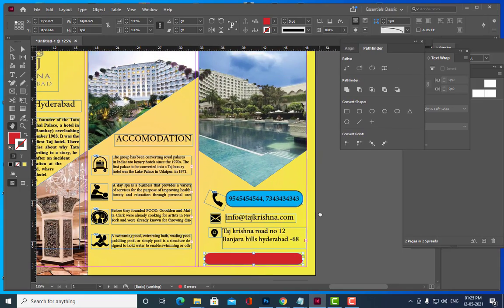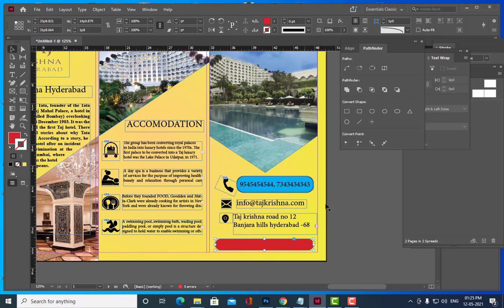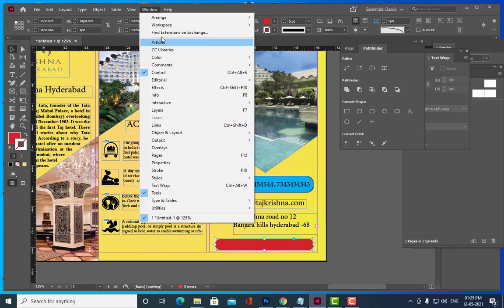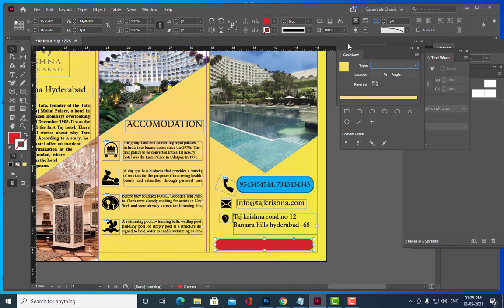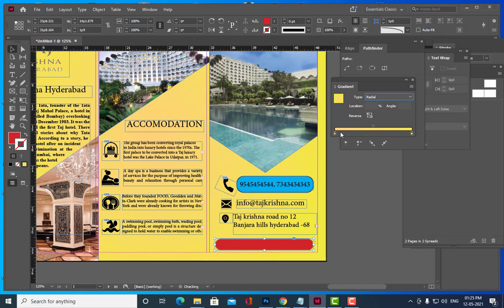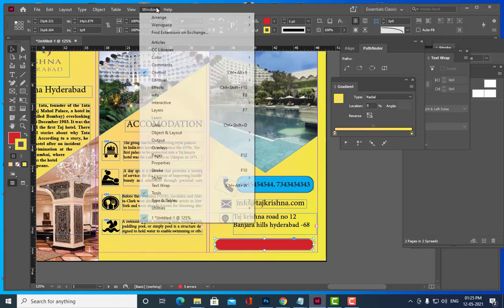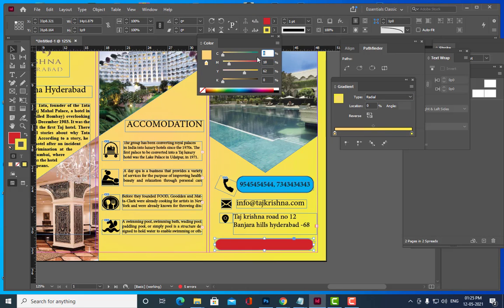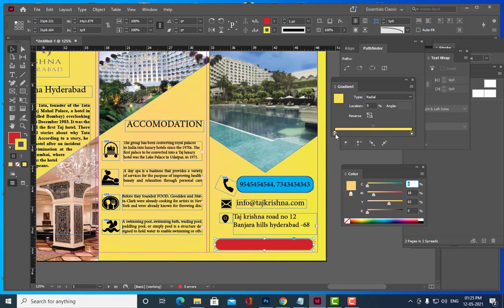Okay. Nishant and Lokesh. No, sir. Okay, so how to give gradient? So we have to... Sir, color option gradient. Select gradient. Okay, just take a gradient.